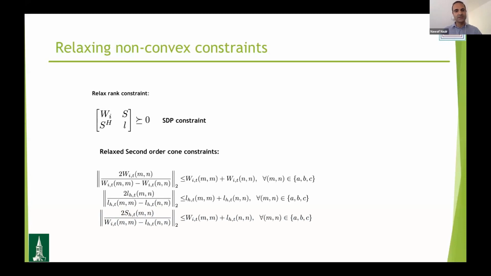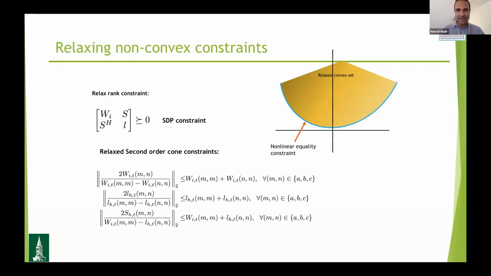So what we do is further do another relaxation and we get these three second order conic relaxations. SOCPs are generally more numerically robust. Further, you can solve them at a faster time scale. So we're going to use SOCPs. You can think of this relaxation as if you have this nonlinear or non-convex set, we relax to get a convex relaxed set. And then what we want is at optimality to somehow push our optimal solution towards the feasible set so that we get a zero duality gap and our predicted solution matches the actual physical one.